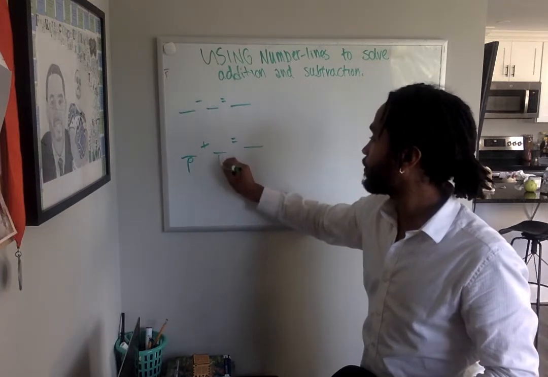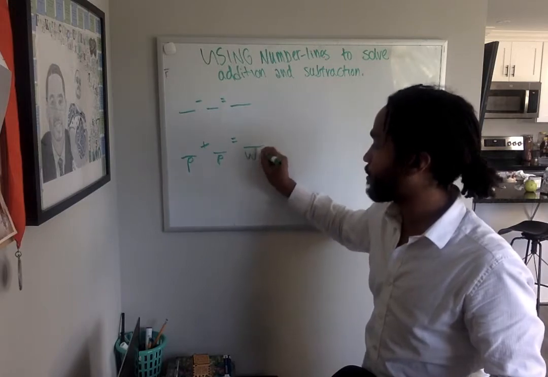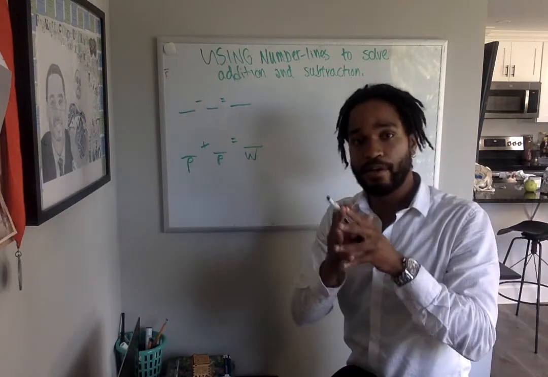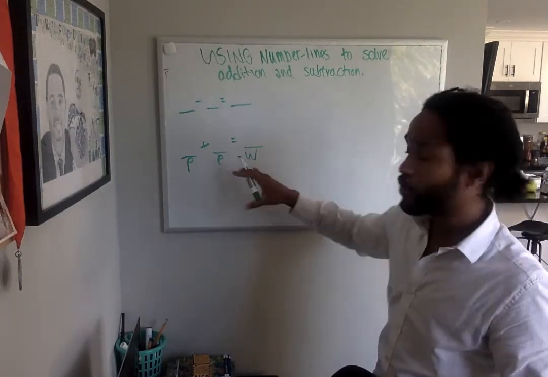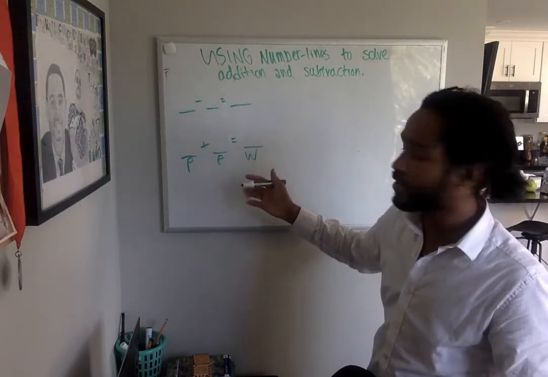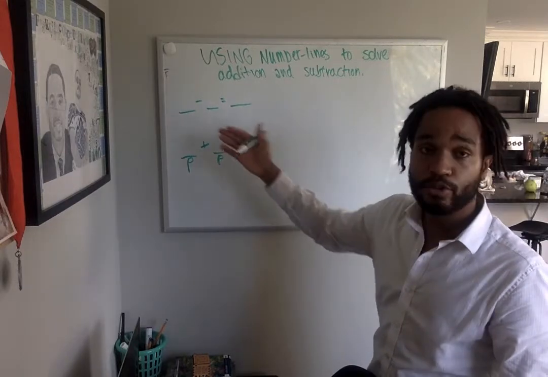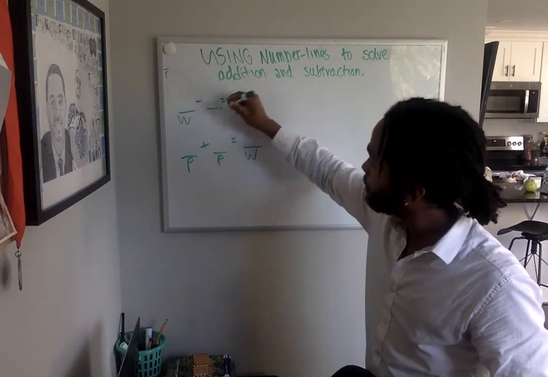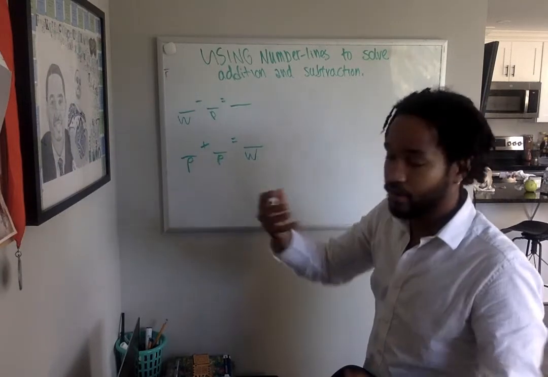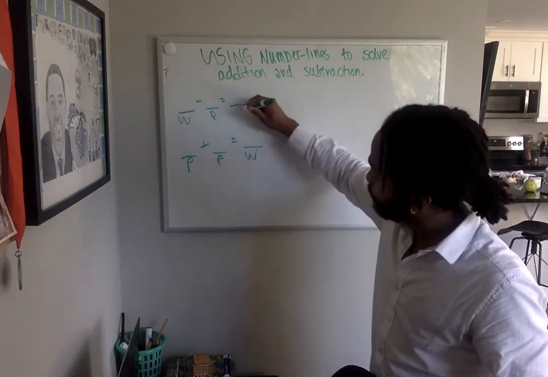A part, and we are combining them, a part, and they make a whole, the entire thing, a total. And that's what we're trying to find, which is also called the sum in addition. In subtraction, the whole, which is the entire thing, is being reduced by the part, and then we're finding another